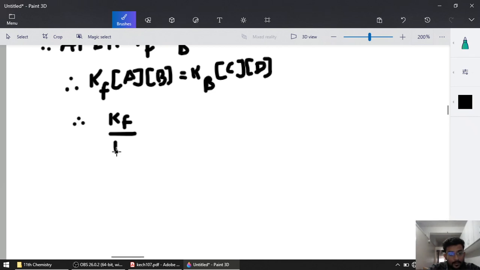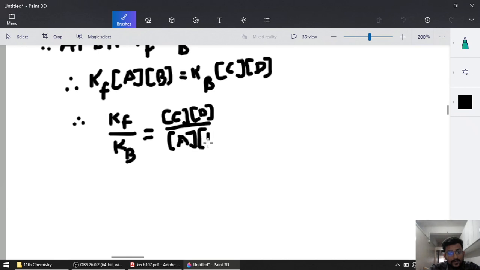So Kf upon Kb is equal to concentration of C into concentration of D divided by concentration of A into concentration of B, and that will be known as our Kc,